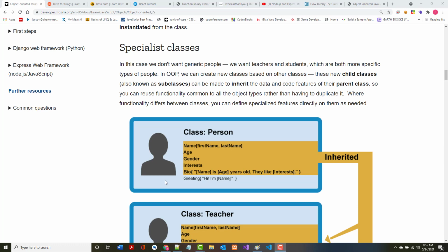They can be made to inherit the data and code of the parent. So as it says, they can reuse common functionality so you don't have to keep duplicating it over and over. When functionality differs between classes, you can put the stuff that's different in them. So in other words,